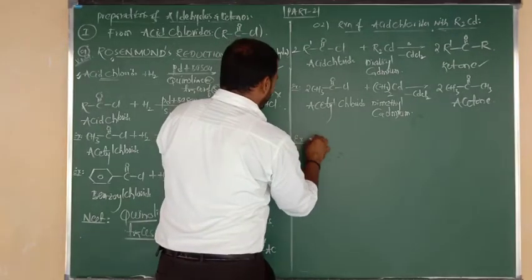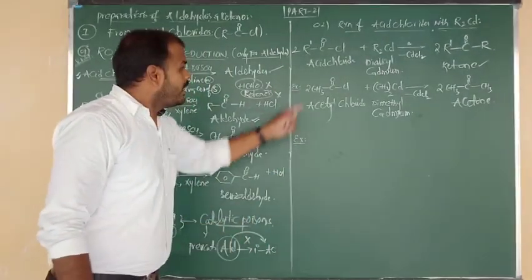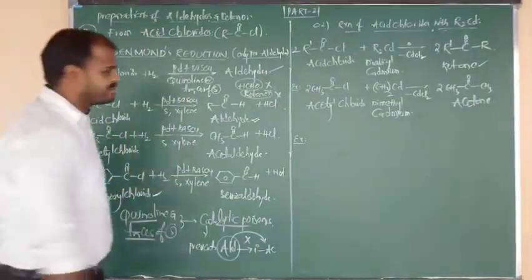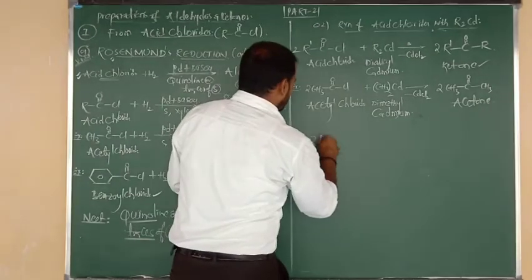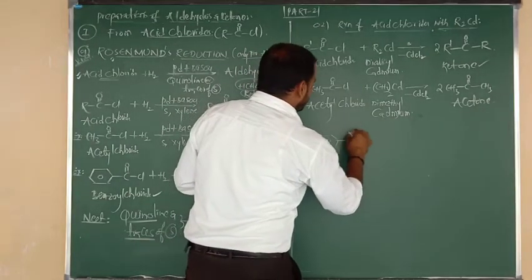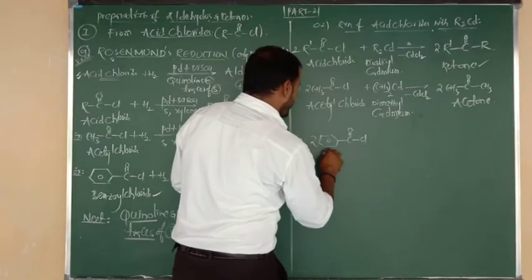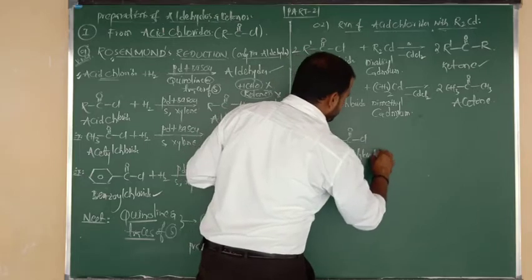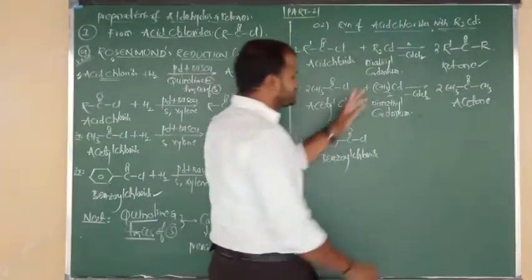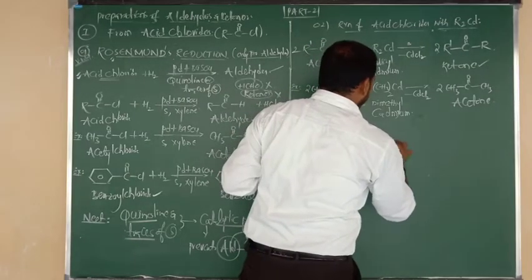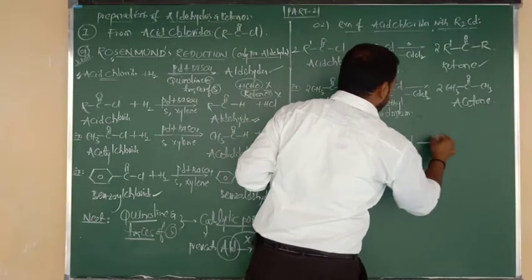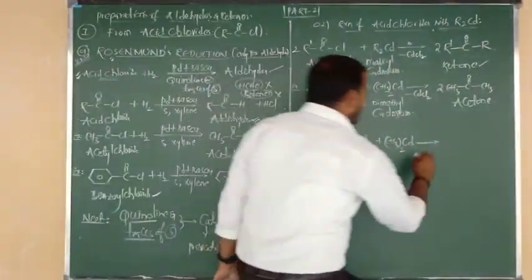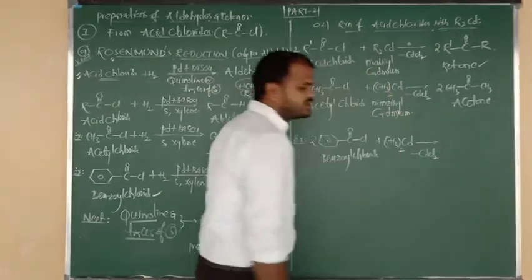Another example I want to tell you here. In place of CH3, now I want to write benzene, meaning benzoyl chloride. 2 moles of benzene bonded to C double bond O, and C double bond O bonded to Cl. What is the name of this compound? Benzoyl chloride. Benzoyl chloride upon reaction with the same reagent, dialkyl cadmium, also called dimethyl cadmium. Again the same thing: Cd combines with 2 Cl and is eliminated in the form of CdCl2.